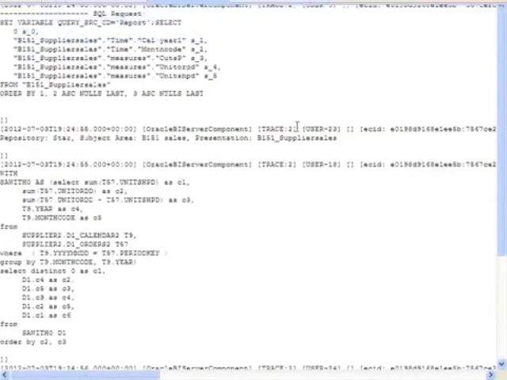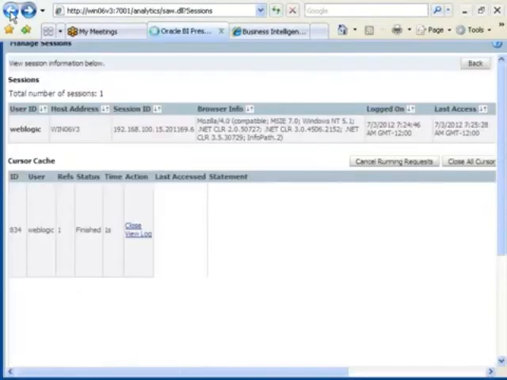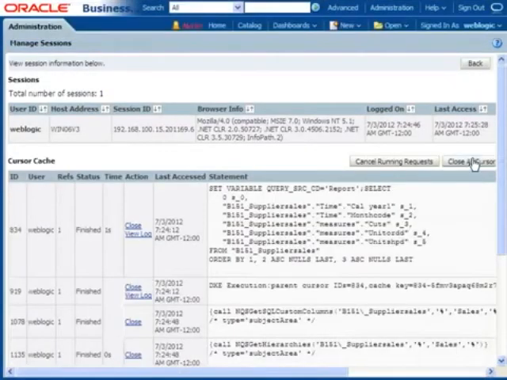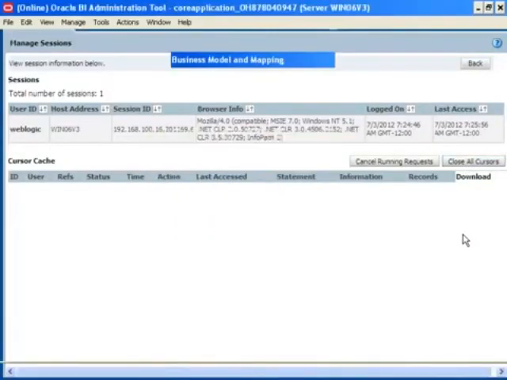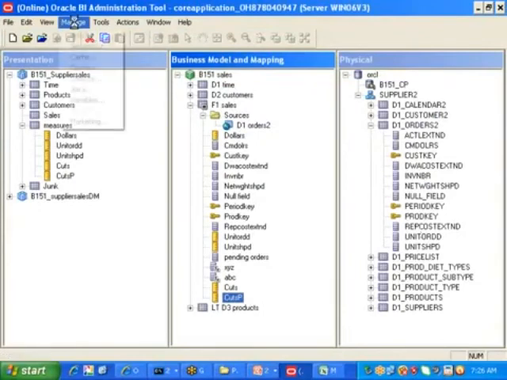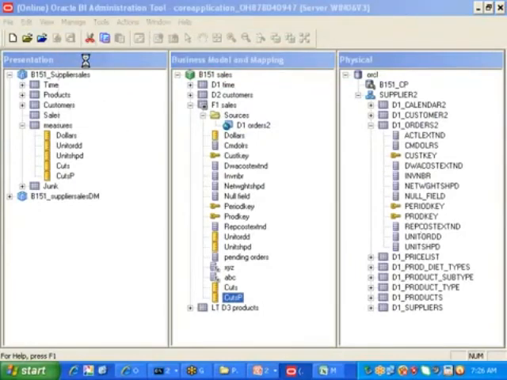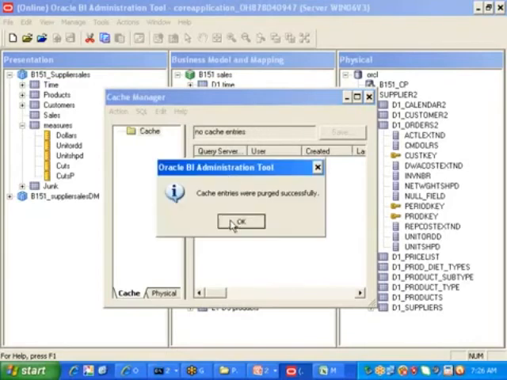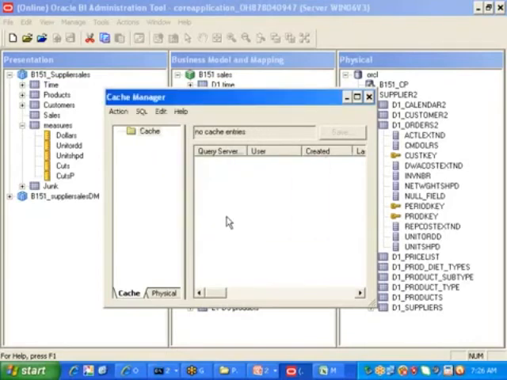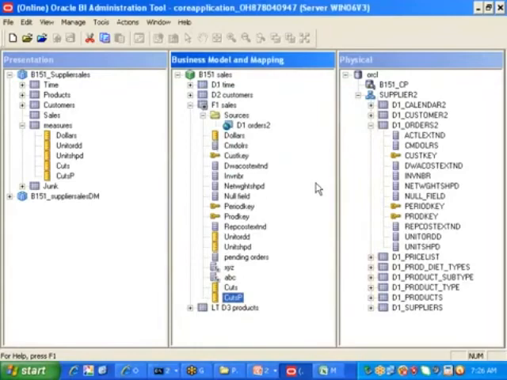It is executing from cache, sir. Okay, it is executing from cache. What I am doing is closing all these cursors. Once I close these all cursors, then on my server side backend we also have a cache. This cache also I am removing. I have here also a cache. What this cache is, we'll come to understand at a later point of time. Okay, I am purging it. Purging is nothing but cleaning. I cleaned that one. Okay, two caches I cleaned.